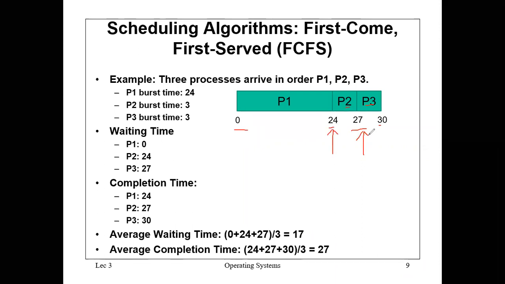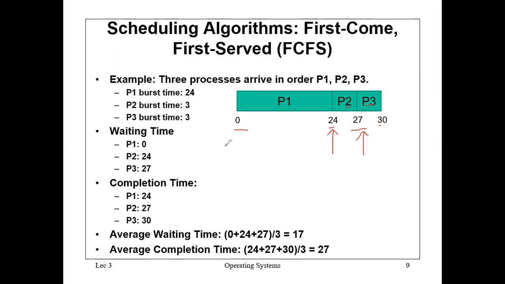Now, obviously, this is not exactly the ideal situation, because we have studied the dispatcher. We know there is a certain amount of time needed to switch from one instruction to another. But for the ideal case, for simplicity, we are just assuming that the CPU can instantly switch from one process to another, so that we can focus mainly on the scheduling algorithms.